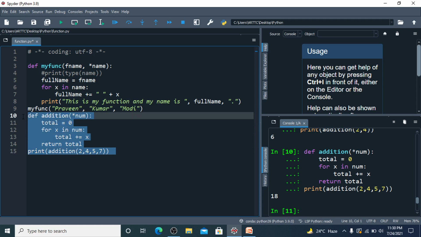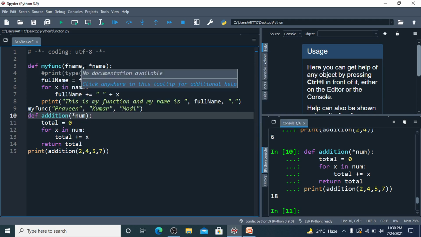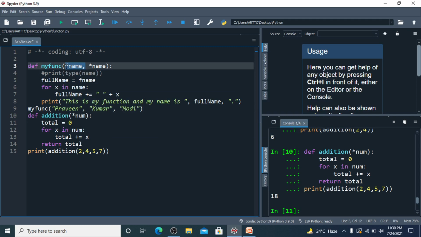Now what if, in our earlier example here, fname, star name, I try to use this fname here after this one, what will happen now?